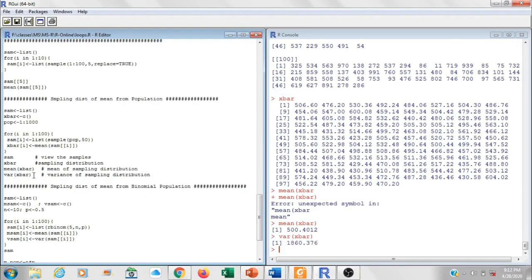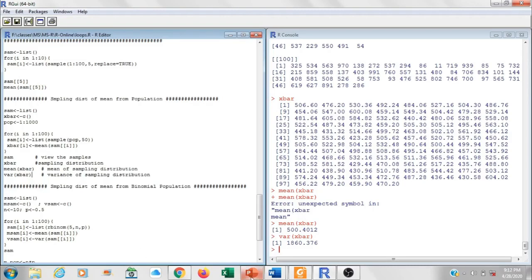So this is the mean and the variance of the sample mean. That's how you can use lists to save the sample vectors, then make the sampling distributions, and then find the mean and variance of the sampling distributions, and do certain verifications.